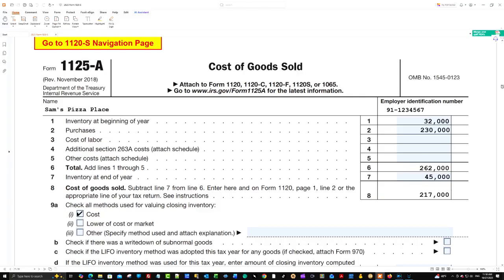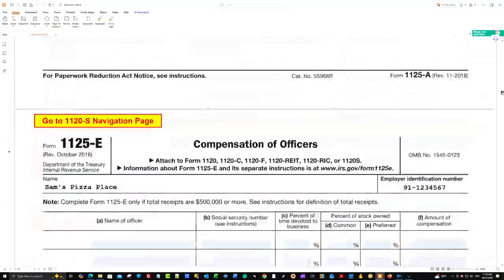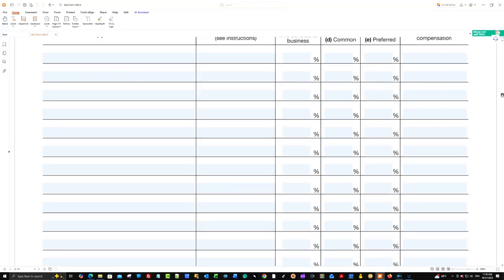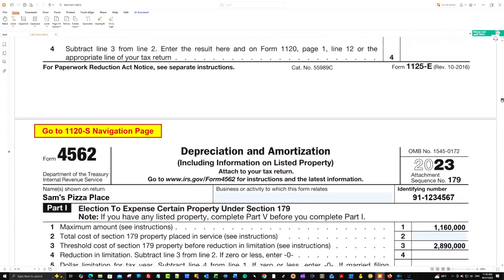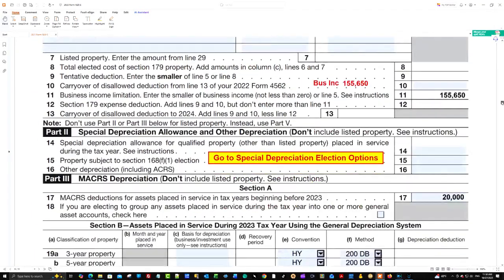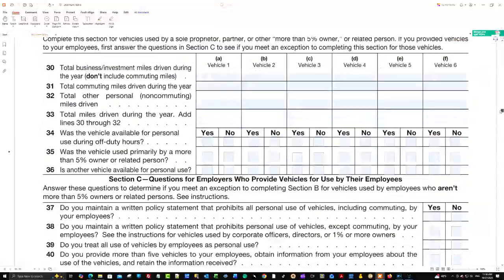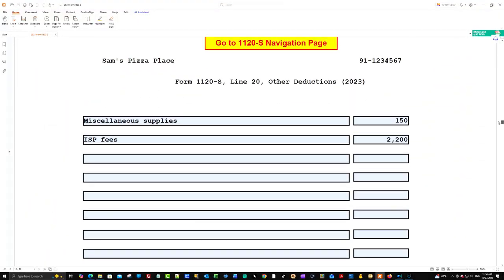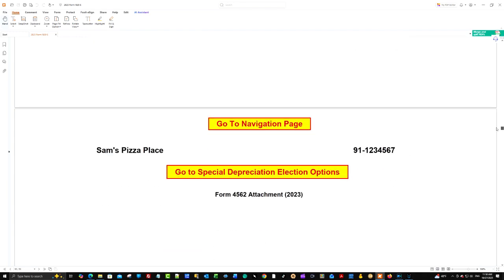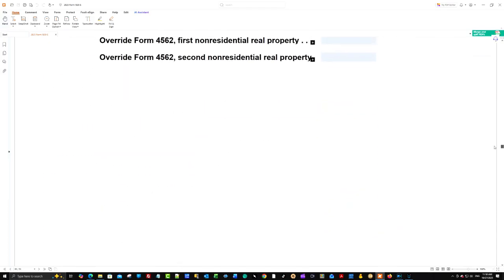Let's go down here a little bit. We don't have to fill this one out because we don't have enough income. We have a little bit of depreciation there on 4562. Then we're going to go down to our other deductions, which has some miscellaneous things, and go down here to our